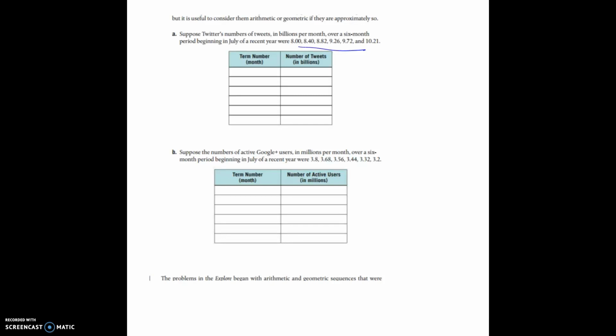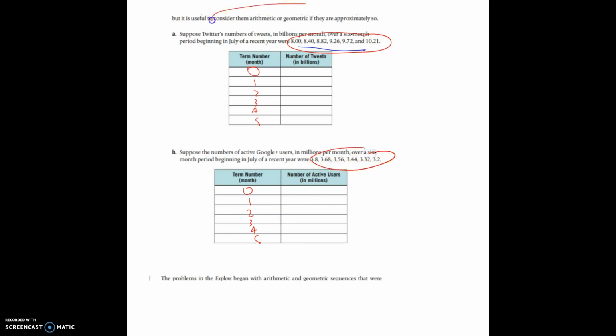Okay, so here they're looking at some changes over months. We are on page 124, section 1.15. And so your start in real life is always at 0, and it's every month after that. So we're going to put month 1, 2, 3, 4, 5, and then go ahead and put these numbers in the chart, and then we're going to put again 0, 1, 2, 3, 4, 5, and put these numbers in the chart,